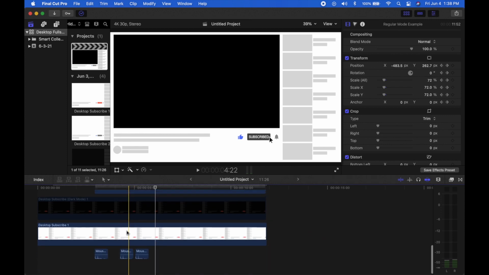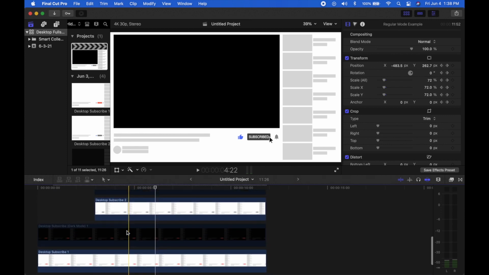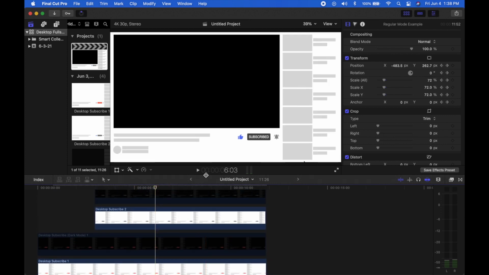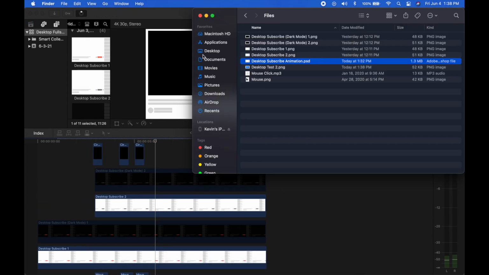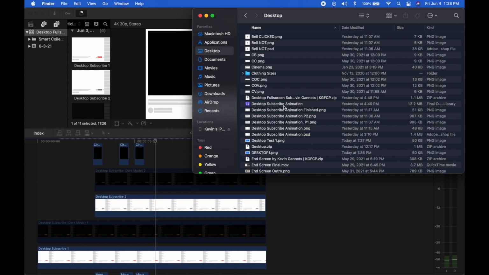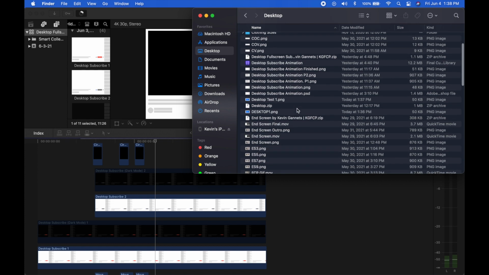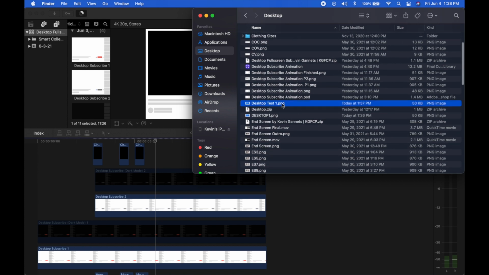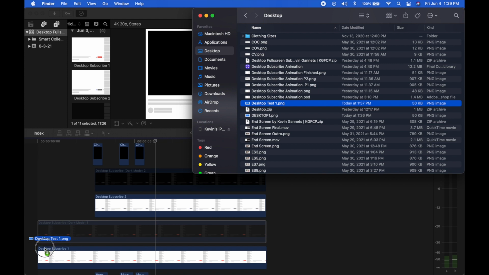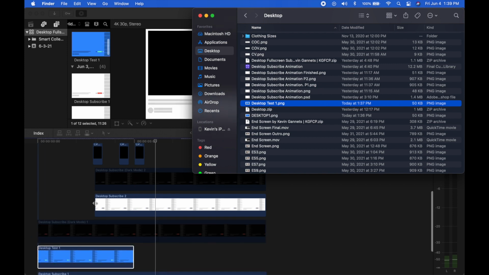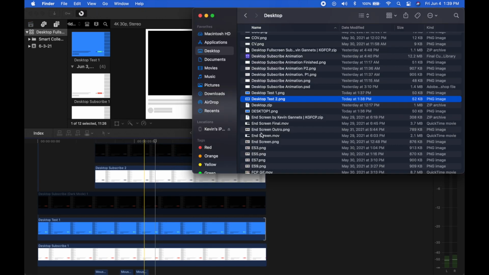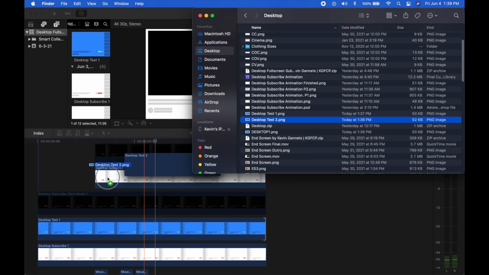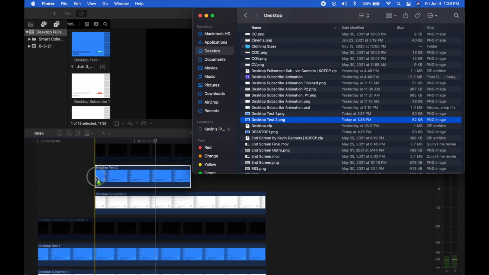Now what you're going to want to do is, you see the way I have the light mode and dark mode set up. Let's expand this a little bit. What you're going to want to do is go to where you saved those files. I saved it as desktop test 1. I'm going to drag it right on top of this one, and we're going to make the length the same. Then I'm going to drag desktop test 2 right on top of here,